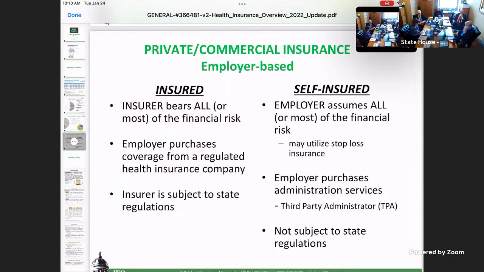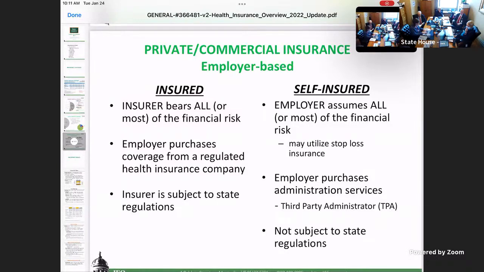And self-insured plans are not subject to state regulations. So for instance, several years ago, when we did mandates on mammograms or colorectal screenings, remember the chart that showed the people we regulate? If we do something like that, that small sliver of small group, large group, and individual plans have to follow the mandate, whereas a self-insured plan would not have to do that mandate if the state passed it. But we find that a lot of self-insured plans are usually doing them.